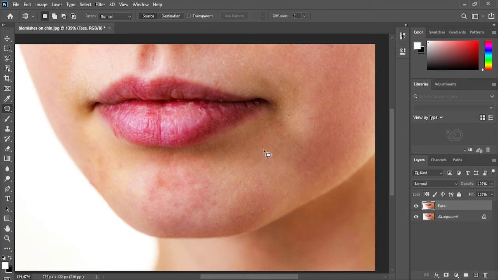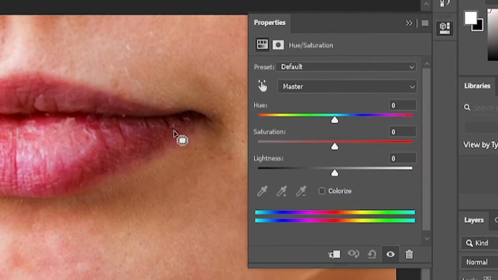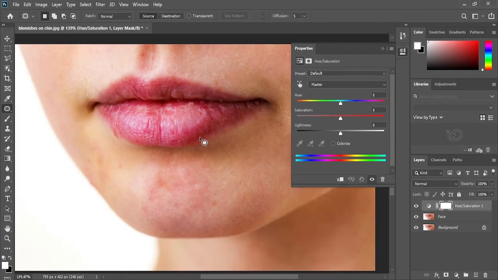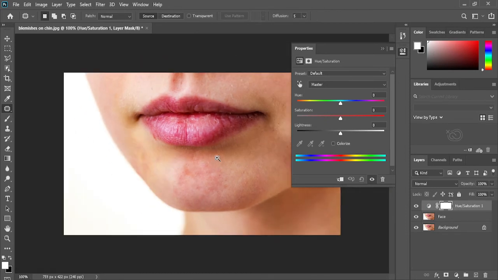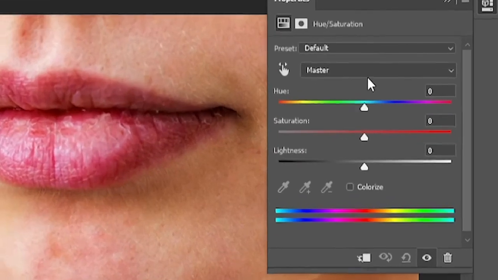Okay, now let's go to skin redness. Now, in most photo editing software, we have a layer adjustment, settings whatsoever, and they often name it hue and saturation. Now every color has hue, saturation, and lightness. In Adobe Photoshop there is a feature where you can select a certain color in this section.